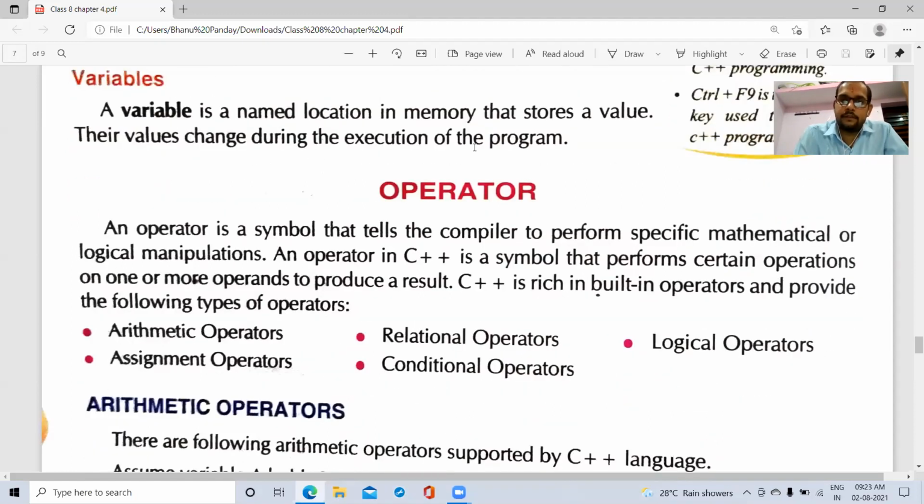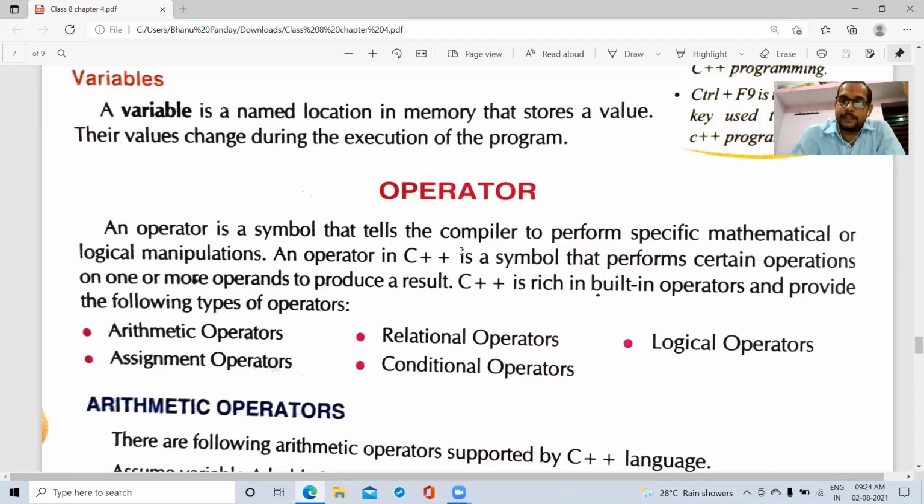Then next is operators. An operator is a symbol that tells the compiler to perform specific mathematical or logical manipulation. It means if you want to do any mathematical calculation or logical manipulation, for that you need operators.